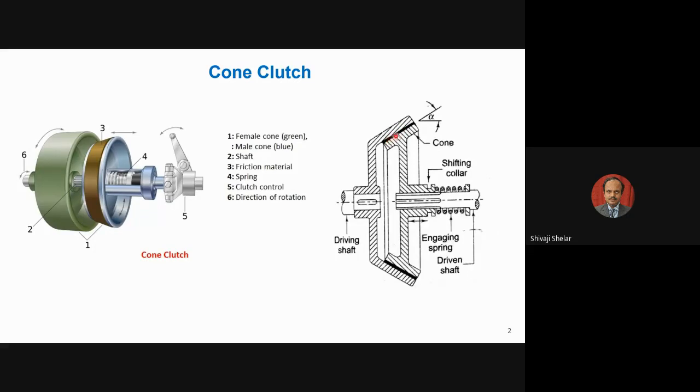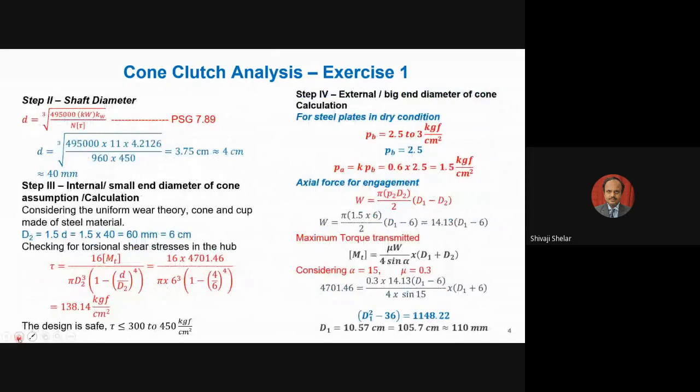Otherwise, the friction lining materials will burn and wear out, and then power transmission will be an issue. Proper power will not be transmitted, either by a cone clutch or a flat plate clutch or any other multi-plate clutch. So we can determine this temperature by considering heat transfer through this thickness by conduction. You can use Fourier's law of heat transfer, and you can determine the temperature inside here once you know the surface temperature. That I have also demonstrated here, how to determine the friction lining material temperature.